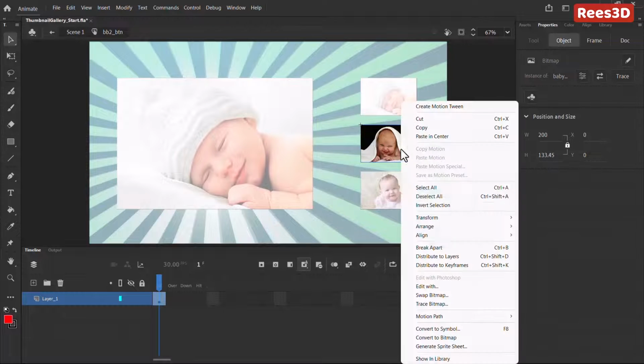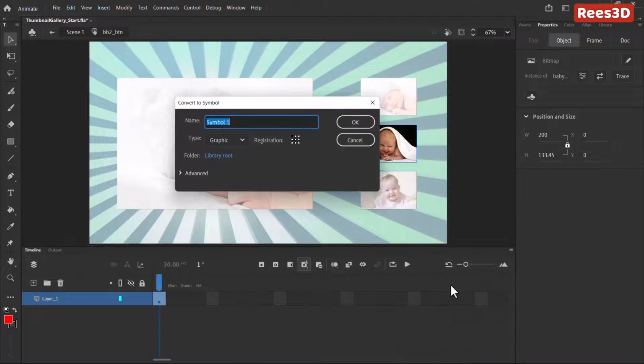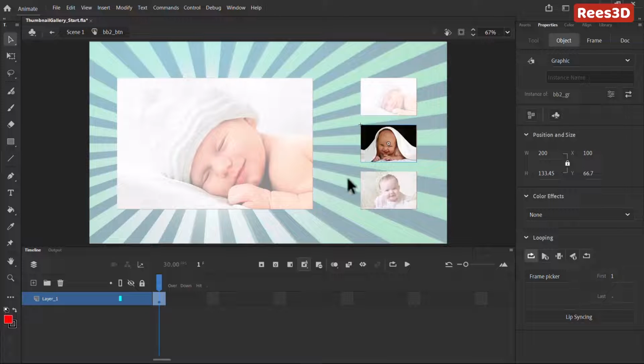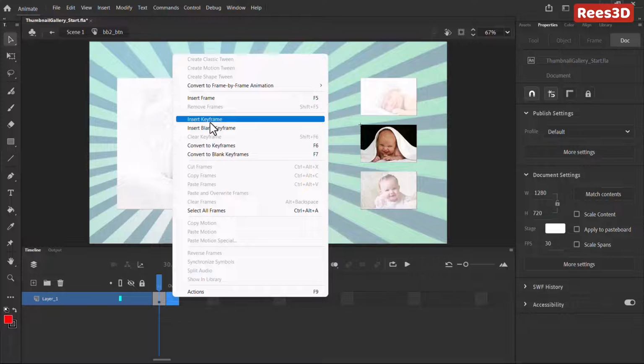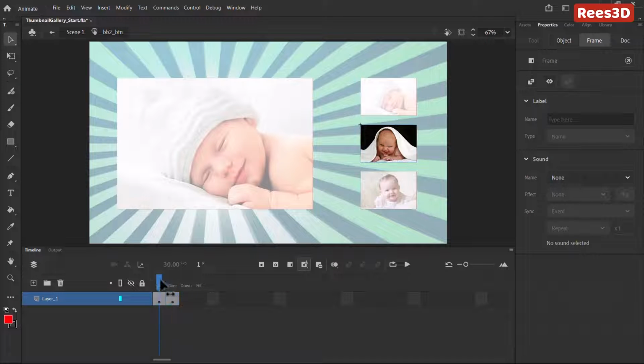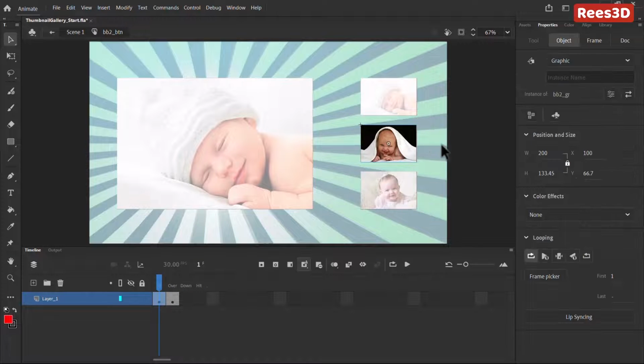So I'll double click on that, go inside, convert this to a symbol. We're going to call this BB2 underscore GR for graphic symbol. It's going to be graphic. Now you can actually turn this middle button on in terms of registration, so that you won't have that big problem of placing it in the center. So I'll show you this time. Hit OK, and I want to go to over here, insert keyframe, go to the previous one, select him,